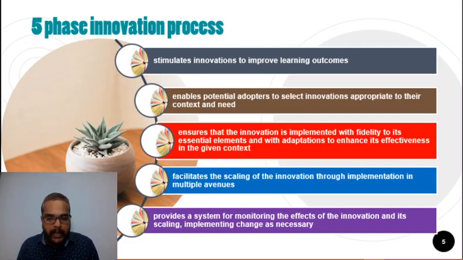Posting it for the public, collecting the reflections from the public and compiling them is a scope of improving the learning outcome. Another phase is to enable potential adopters to select innovation appropriate to their context and need.